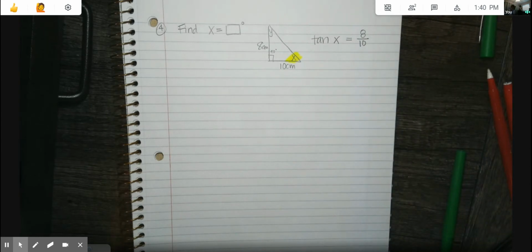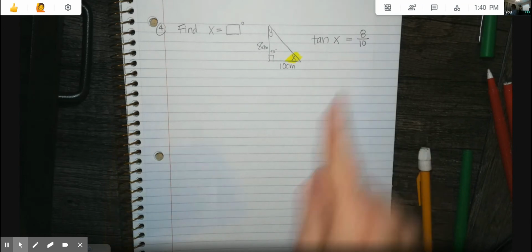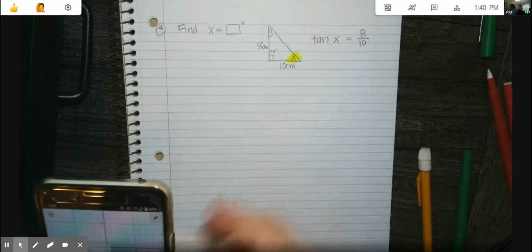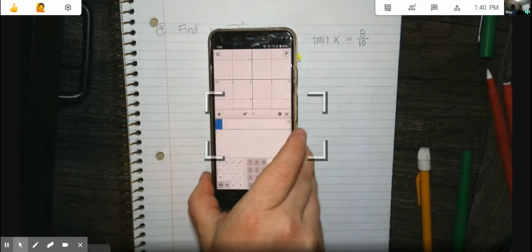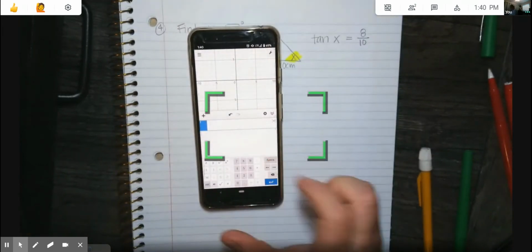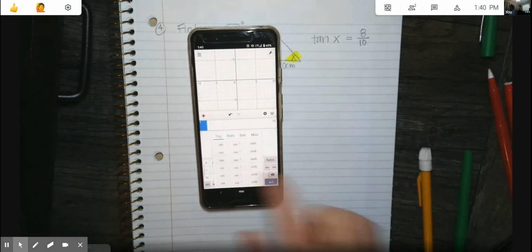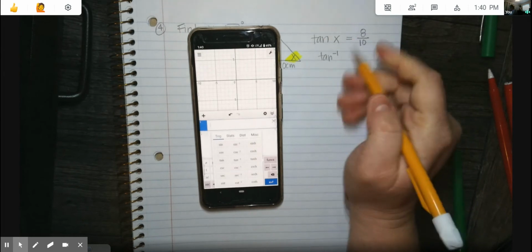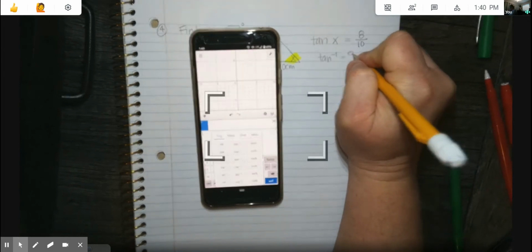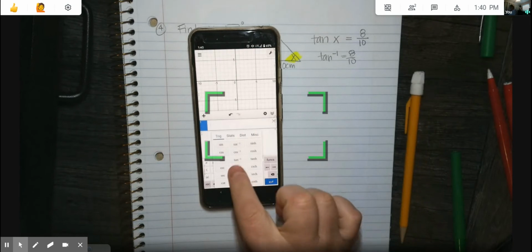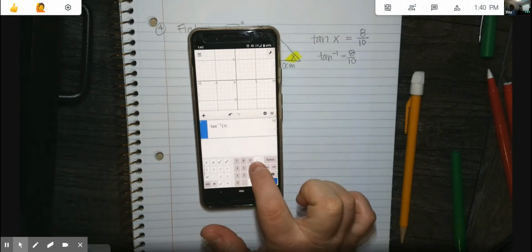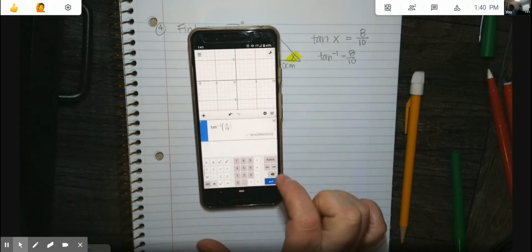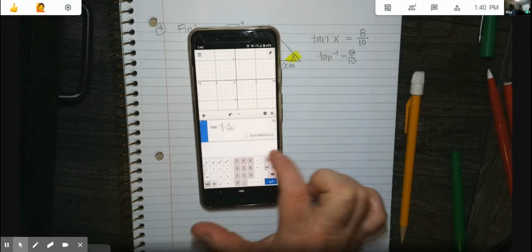So now how do you do this in your calculator? You don't have to multiply anything out. You actually just need to do the inverse operation. So when I come to functions, I'm going to click function, and I want this tan sub 1. That means the inverse of tangent is equal to 8 over 10, and I'm literally just going to hit the inverse of tangent, 8 divided by 10, and that's going to give me,